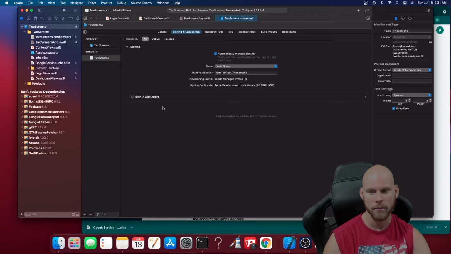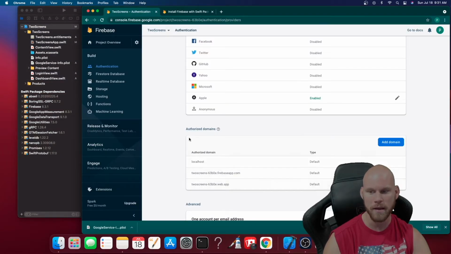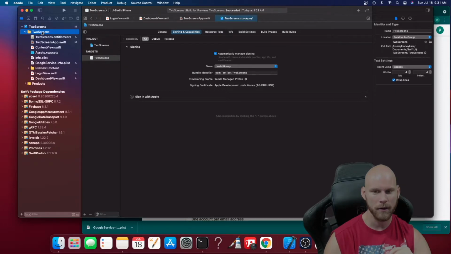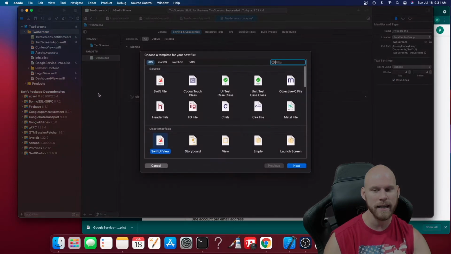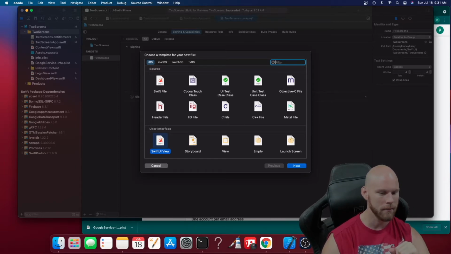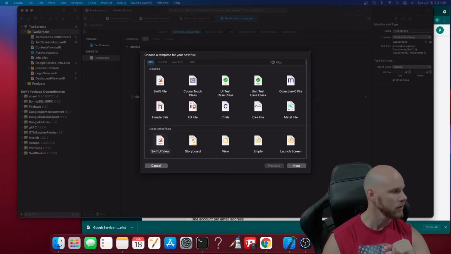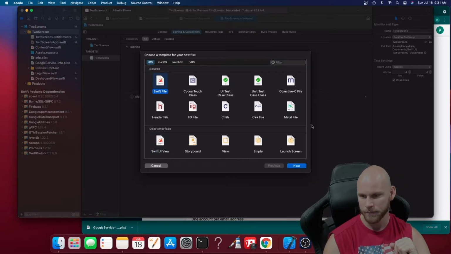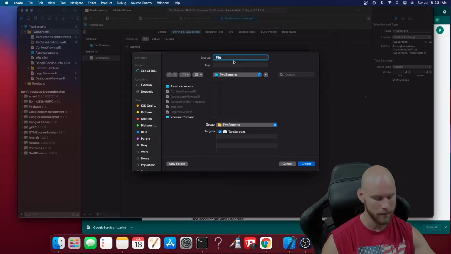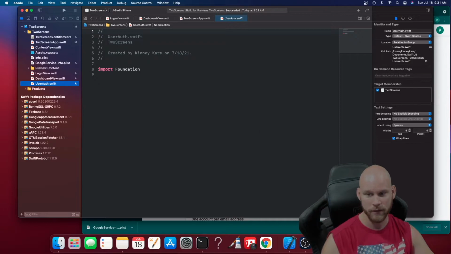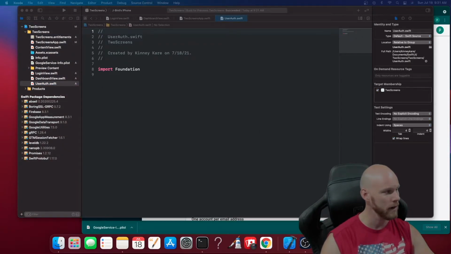So now that we are enabled here and we're enabled here in Firebase, it's time to move on to the next step. So we're going to go ahead and add an auth. So whenever we sign in, we want it to go ahead and tell us, hey, if this is signed in, turn to true. So the way we're going to do that is very simply go to a new file here, and I have my code over here. I'm just going to copy it, but you want to type in user auth because that's what we're going to be using, and then we're going to create this class here. So all we need to import is Combine, and then